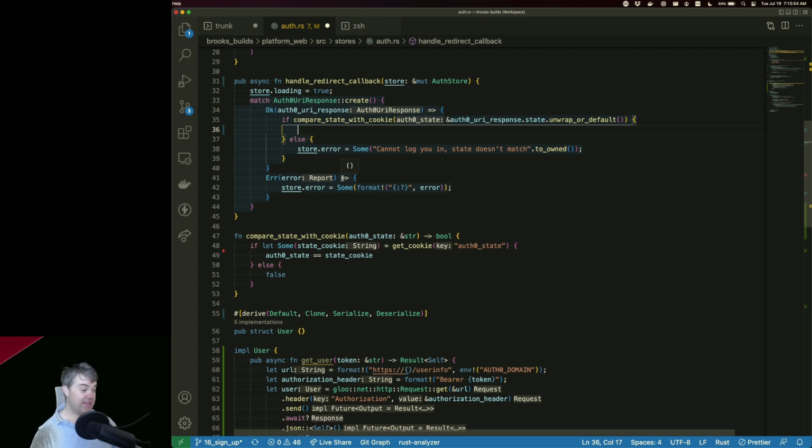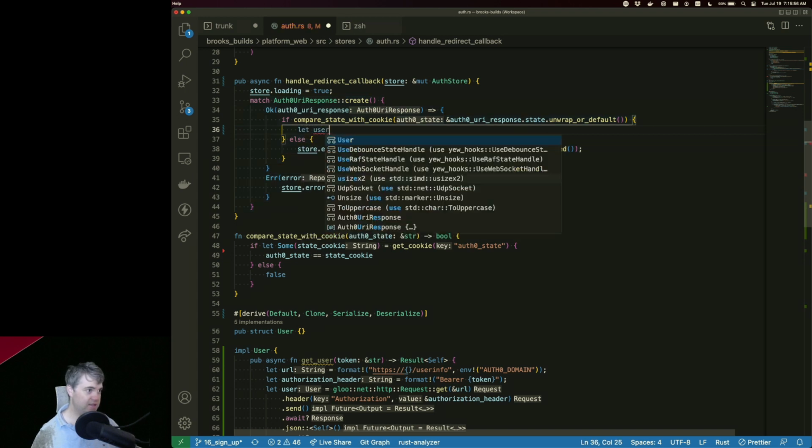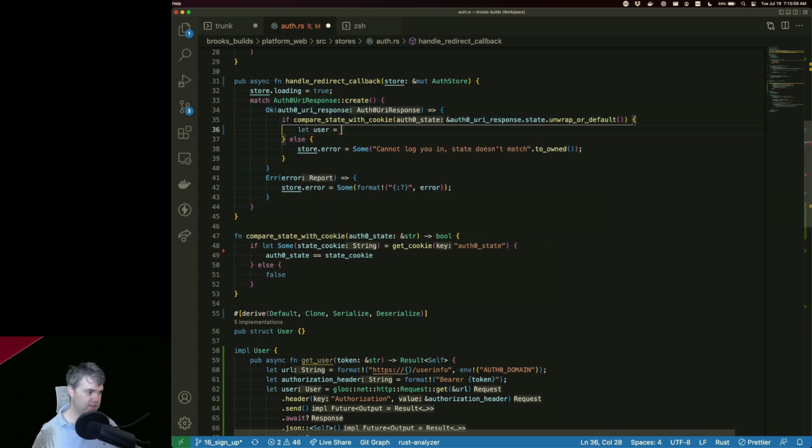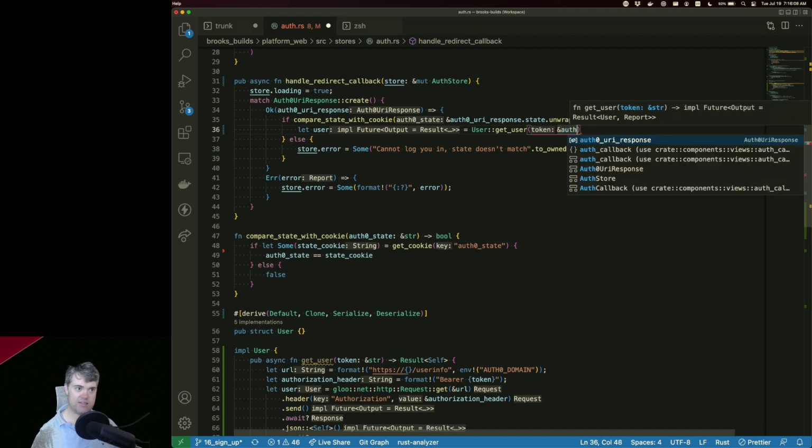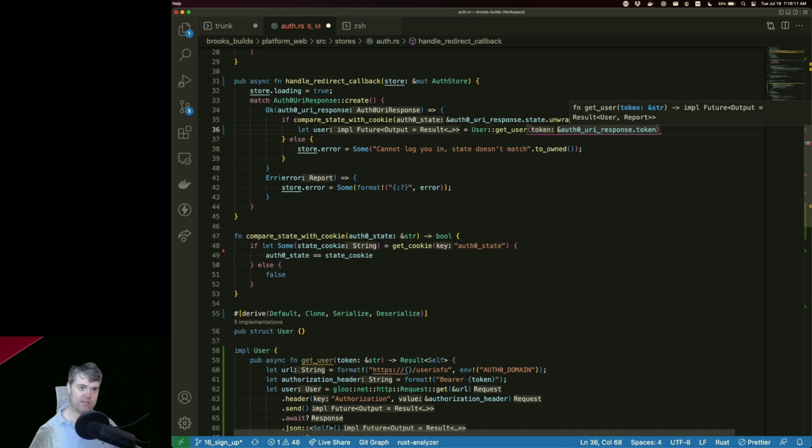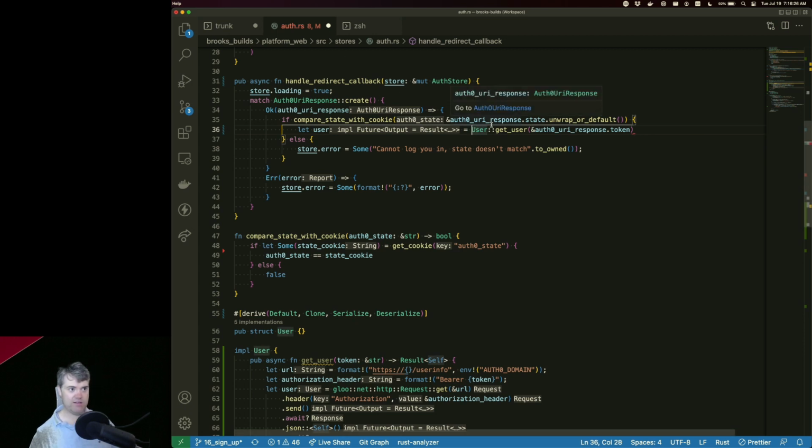Okay, so then in that case, user equals user get user. We're going to pass in the auth zero response token. We could potentially handle the error here, but considering I have store already, I kind of like the idea of, let's match on you.